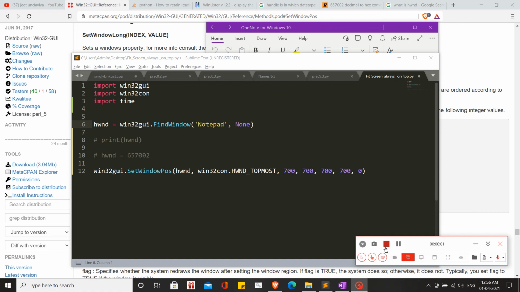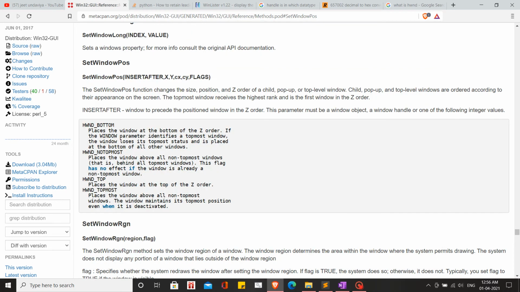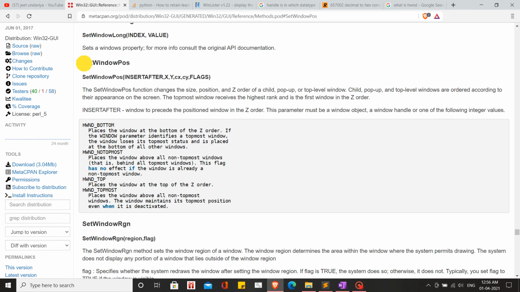Hey guys, this is in continuation of my previous video which I just uploaded. To be very honest, I was curious enough to find out what is actually managed behind the scenes and what exactly our code is doing. So I was just googling and found this documentation, which is really very useful and shows exactly what the functions are doing.